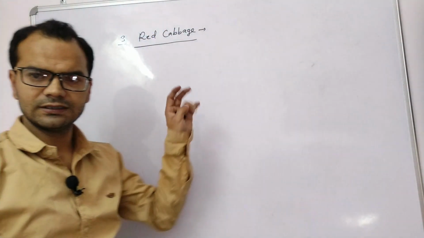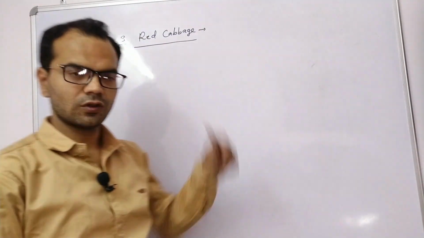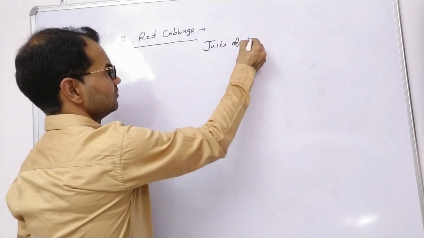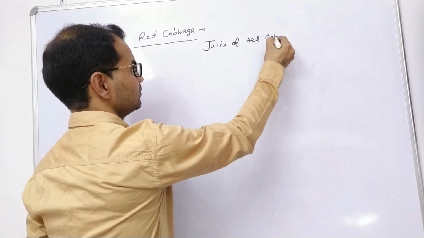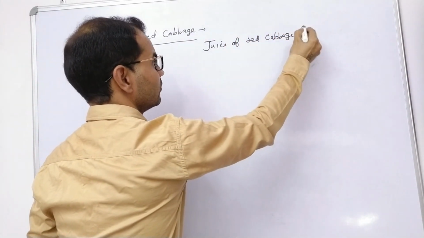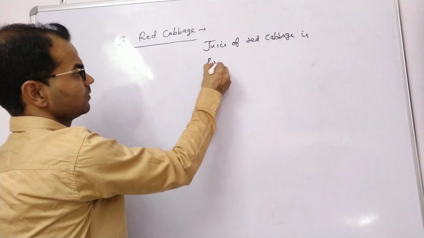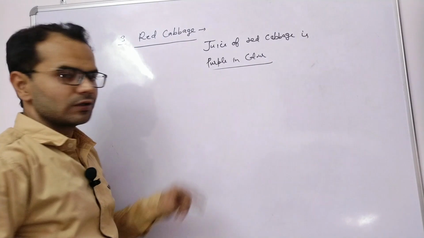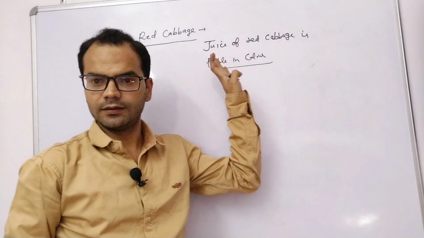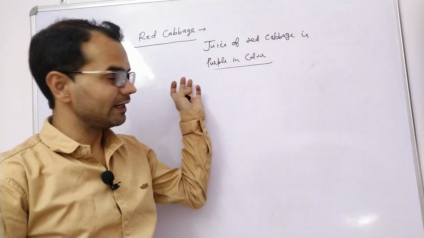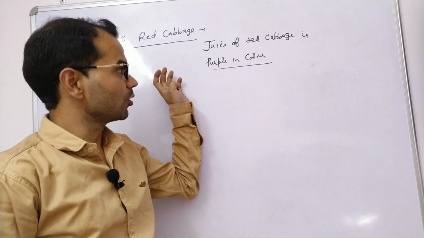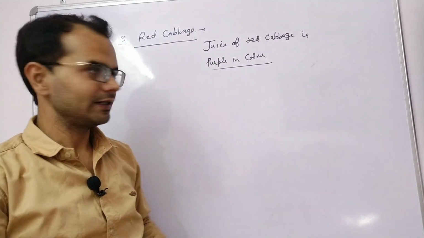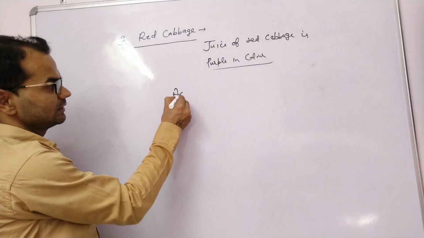Again, red cabbage is a natural source. The juice of red cabbage is purple in color. Its original color is purple, but what will happen if we drop or pour a few drops of acid or base on this juice? So what will happen? First, acid